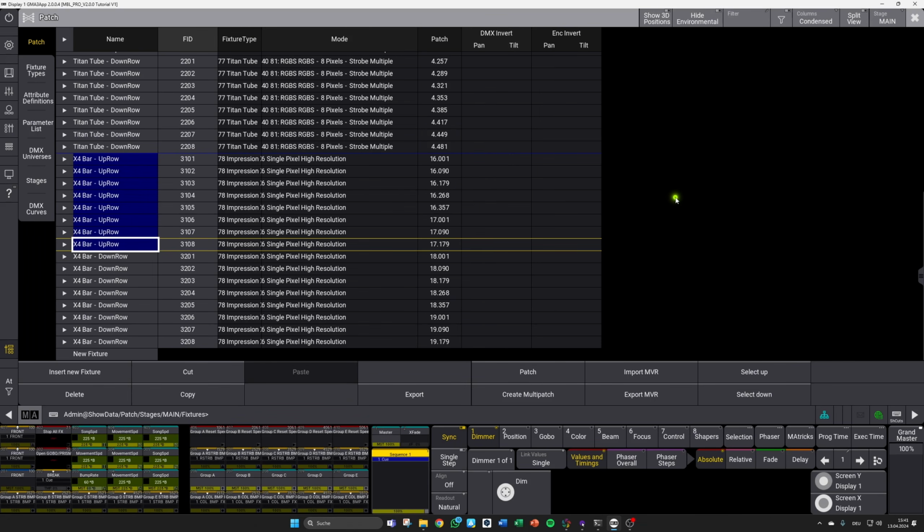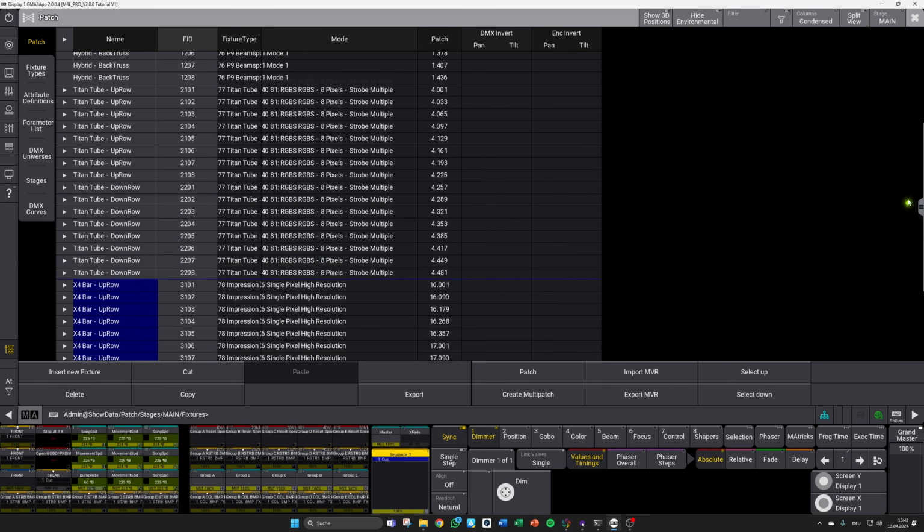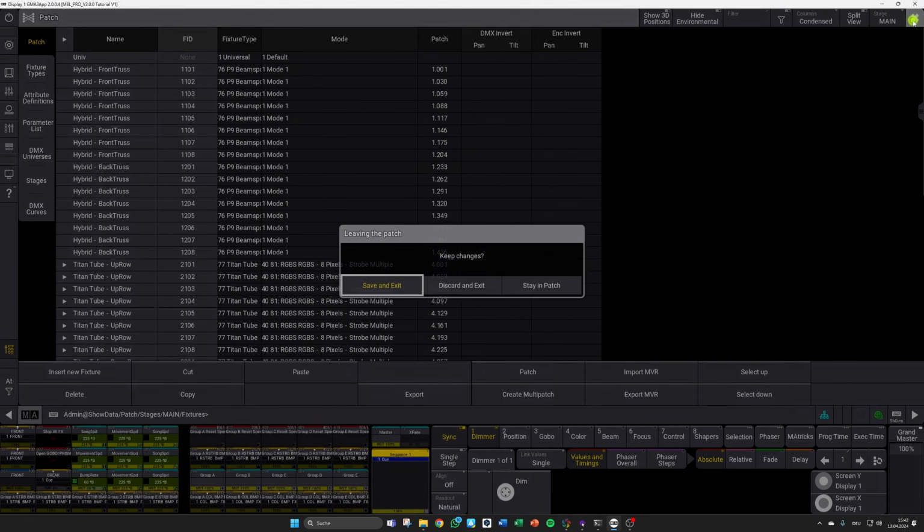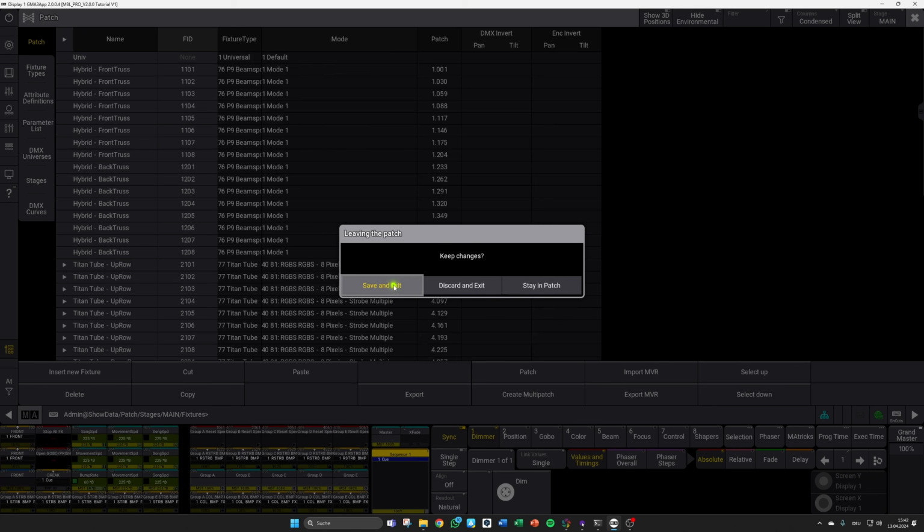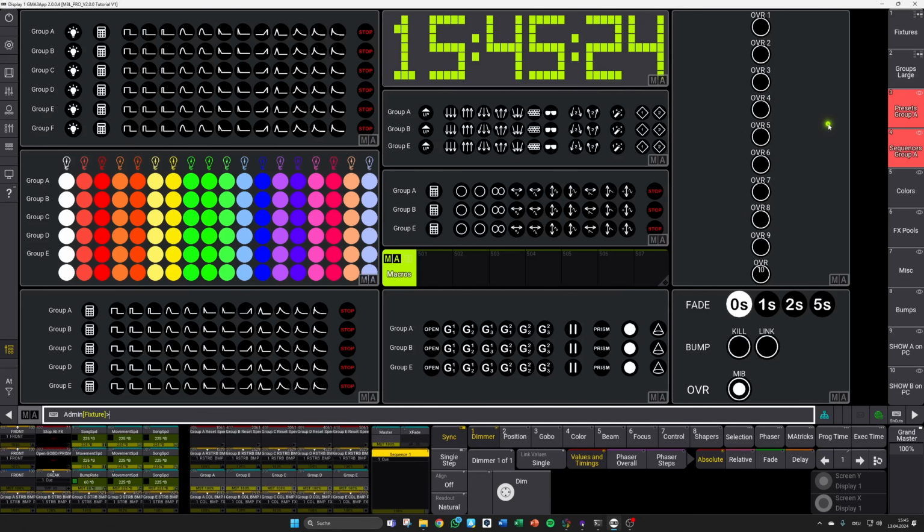After we've successfully structured our patch a bit better, we can simply close our patch menu and save and exit. With our adapted patch, we have successfully completed step 1 that is necessary to get everything up and running,